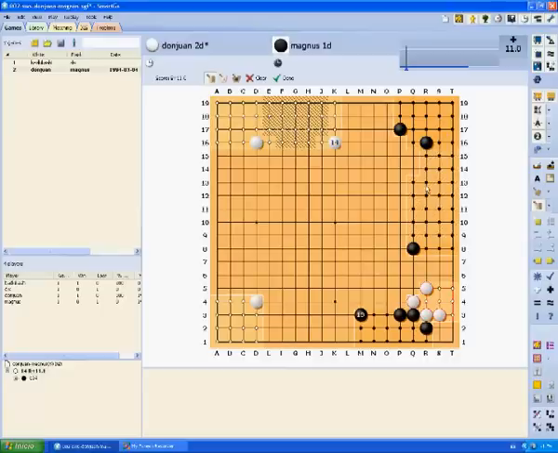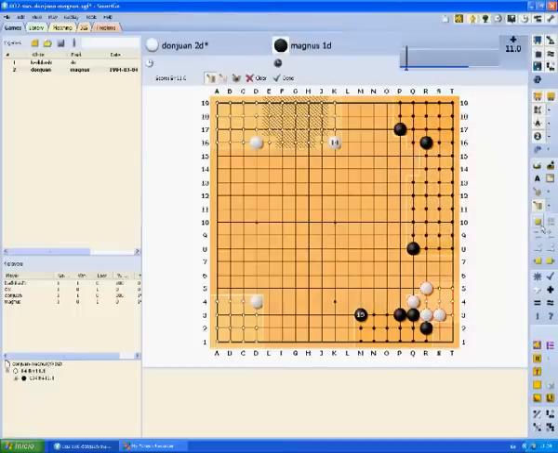Those are the ones I was talking to you about, and which mean that they are not totally settled. And this is obviously unsettled area because the computer doesn't know if this group will live or not.